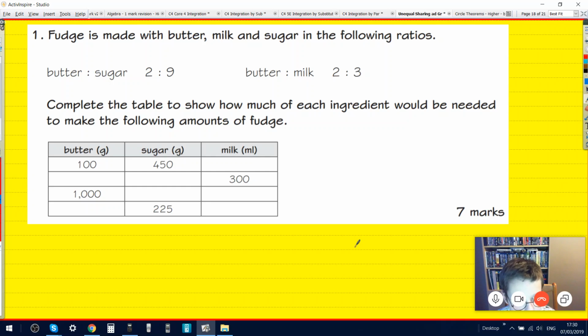So we would need to find out 1/11 of. So that's butter is to sugar. The following ratios. Okay. So maybe you might not need to. So you can see here, butter and sugar for these. 100 grams of butter is 450 grams of sugar. So 1,000 grams of butter. 1,000 grams of butter. That would be